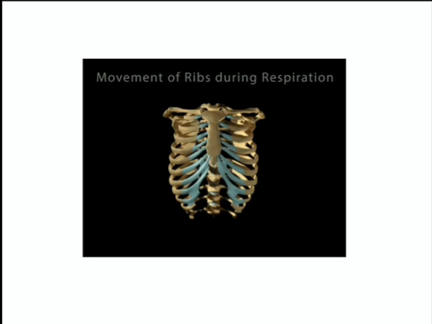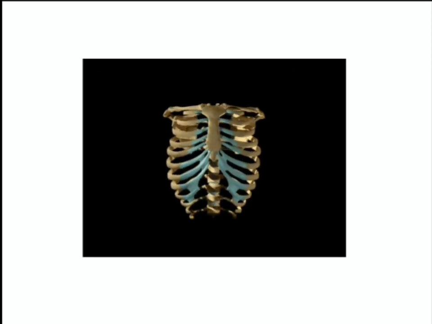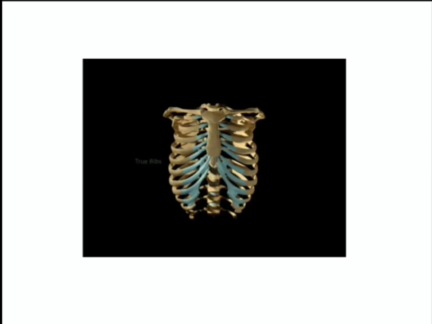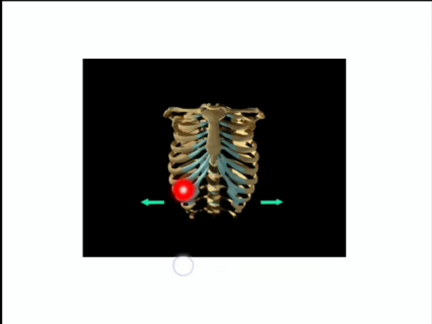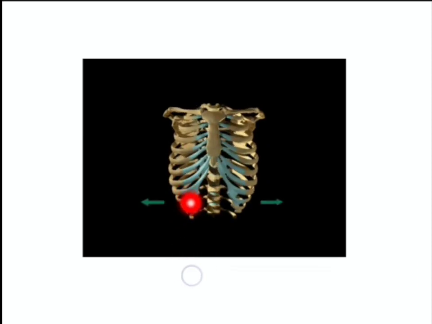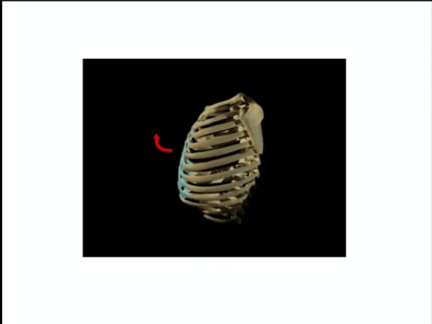Moving on to this particular file, let us see. These are the rib cage. You can see we have true ribs, around 7 pairs of true ribs. This red color is the true ribs, which are attached to the sternum. This bone is the sternum. These are the false ribs, the fused ribs, the 8, 9, 10 pairs, and two more ribs, 11 and 12 in pair, are known as floating ribs.